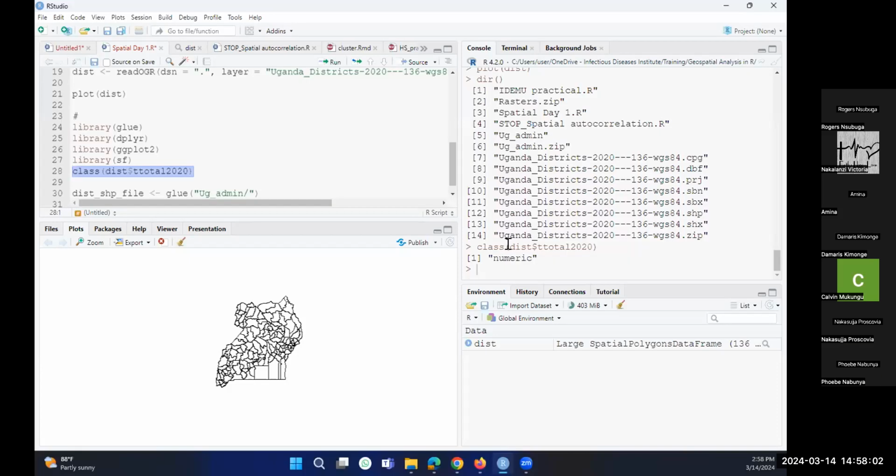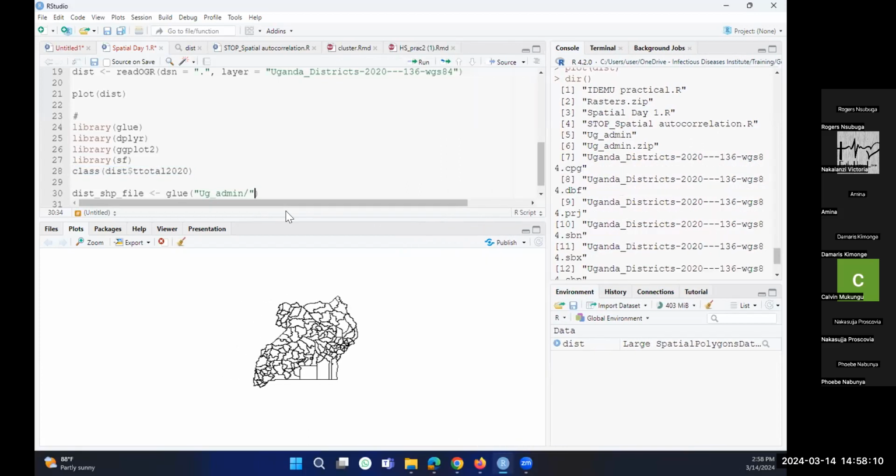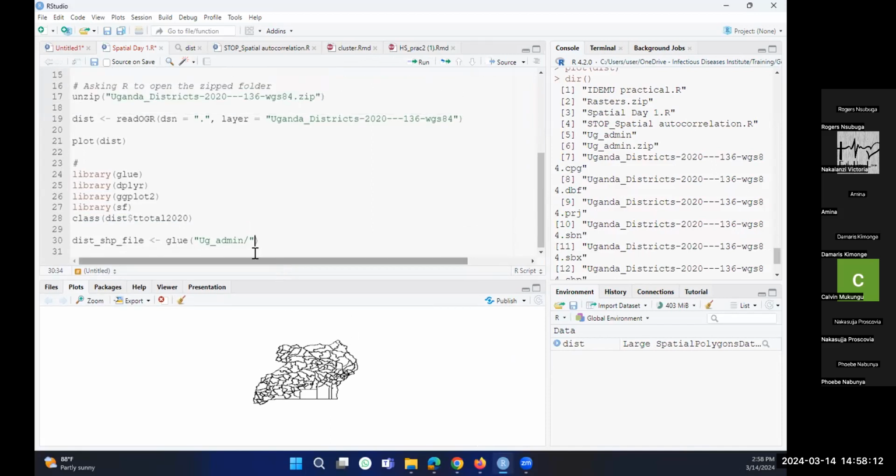To plot out. I want us to plot these. However, what it's going to take us is one. We are going to go back to our folder. In that folder, we are going to unzip it. And in unzipping it, we are going to create a